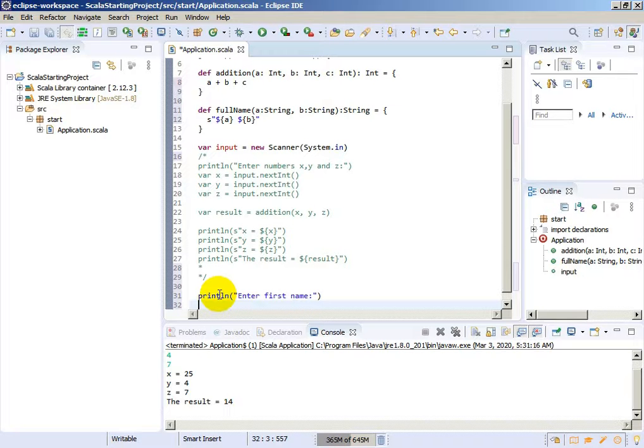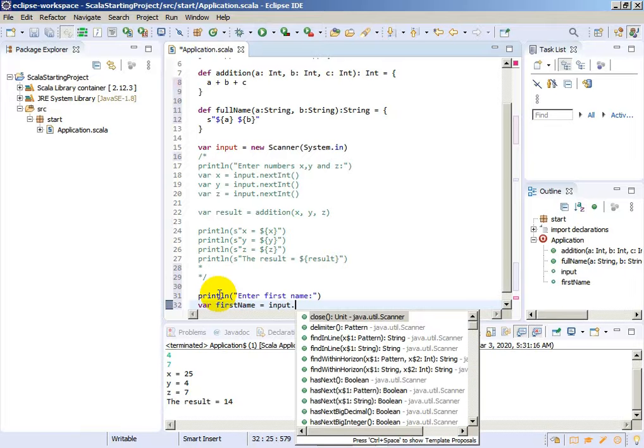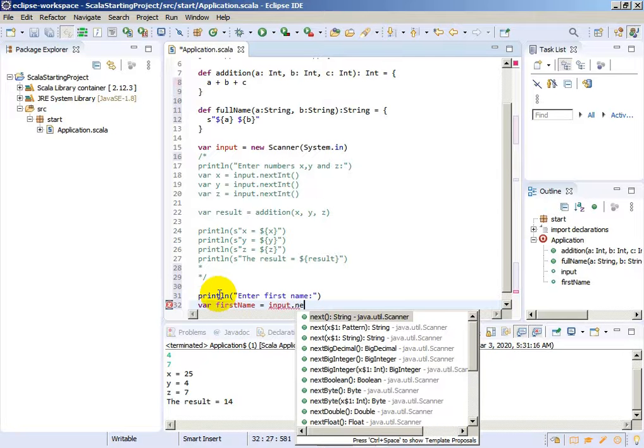We want to enter first name and last name, and as a result we want to get full name. And let's create a variable. First name will be equal to input, this is a string. Next line,